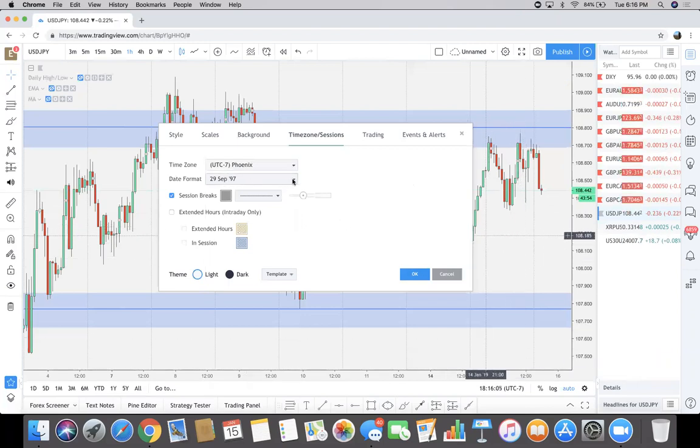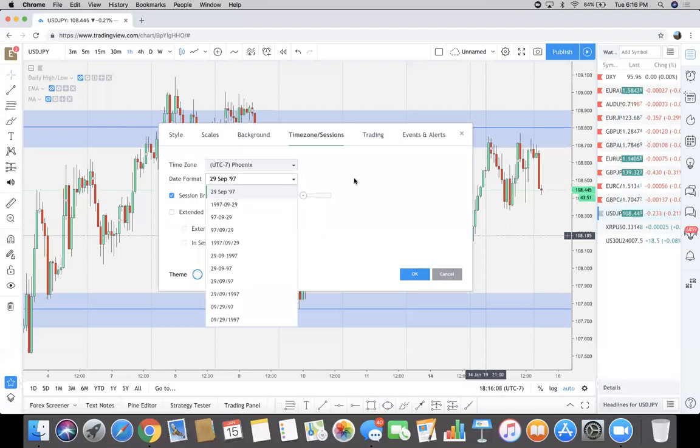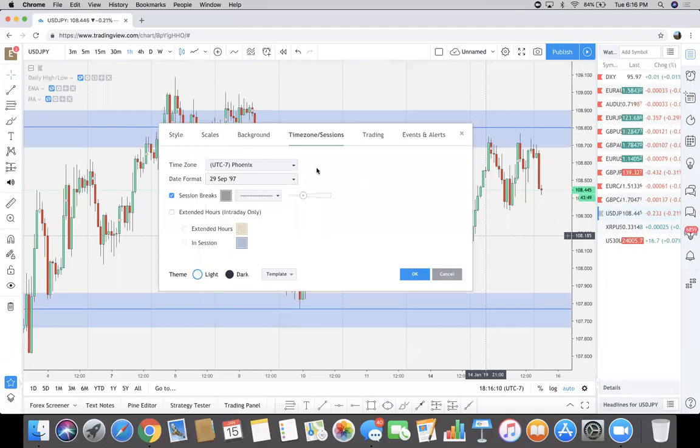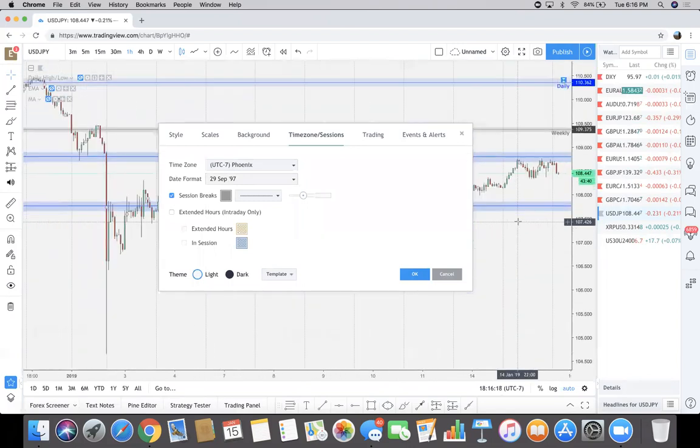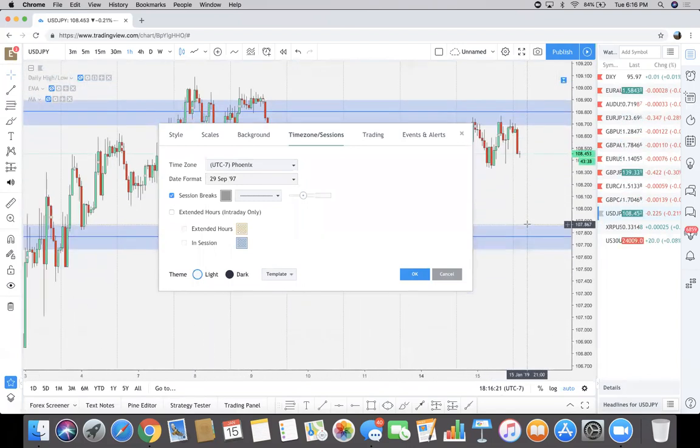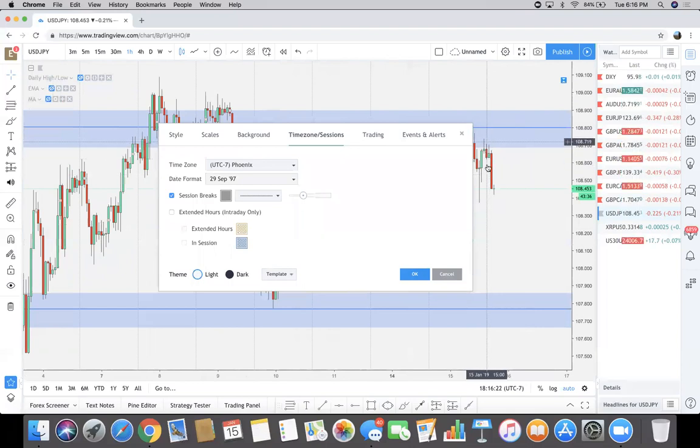And date format, yeah, just don't mess with that. I don't think I've touched that. So I've changed the time zone, and then I like the session breaks, like I said. Sometimes I'll turn them off from time to time, but I really like them. It just helps me see where I'm at so that I know, okay, this is the beginning of